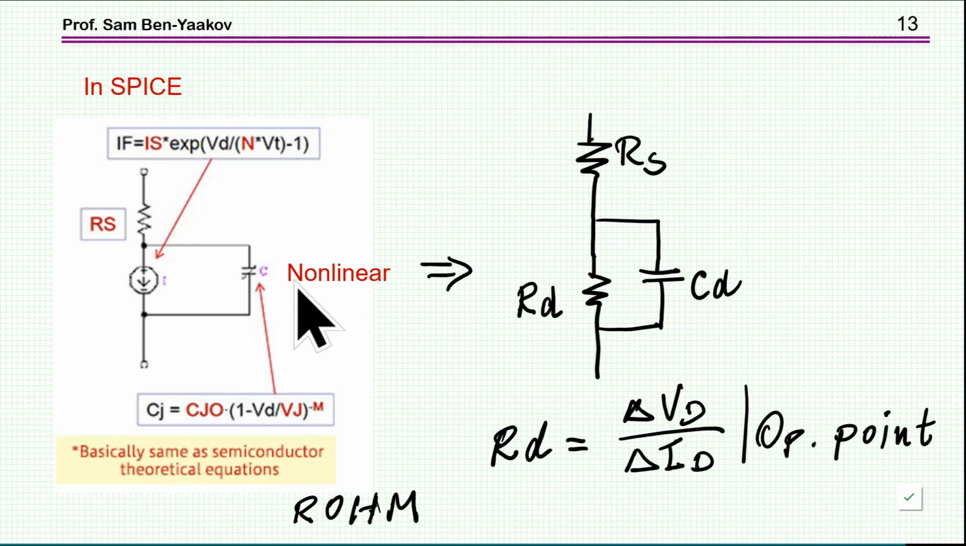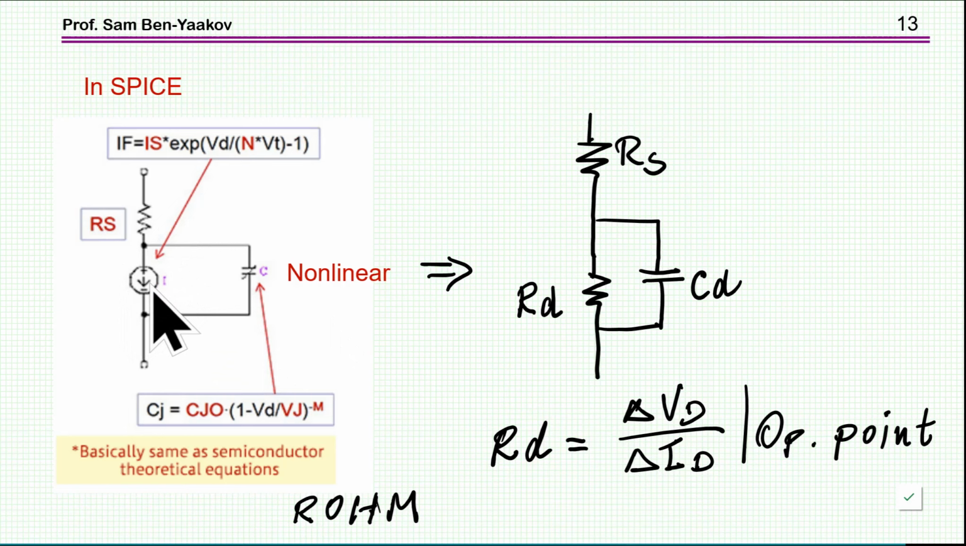So if I have a diode, SPICE has this template built in. This is the equation of the current of the diode. This is the voltage here, VD. It's shown as a dependent current source. It has also a capacitor which is voltage dependent. This is the dependency. So once you are at a given operating point, what SPICE will do before running an AC analysis, it will calculate this derivative here